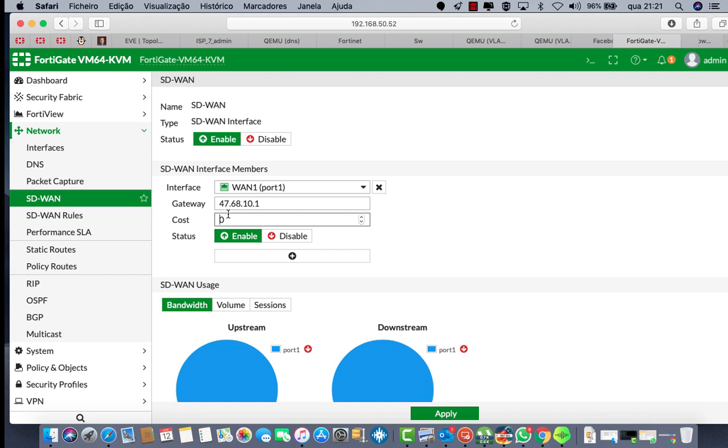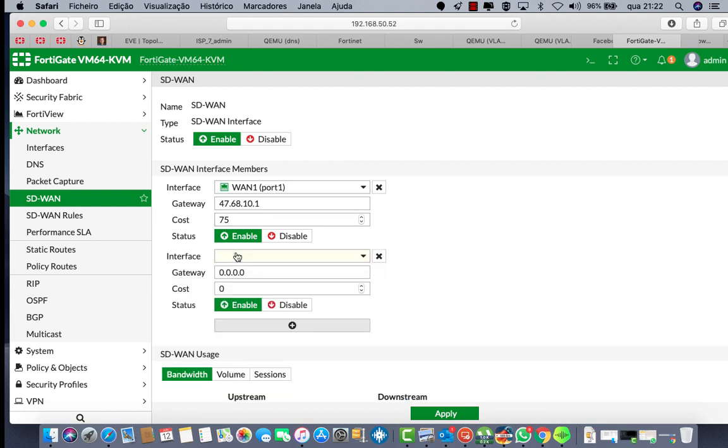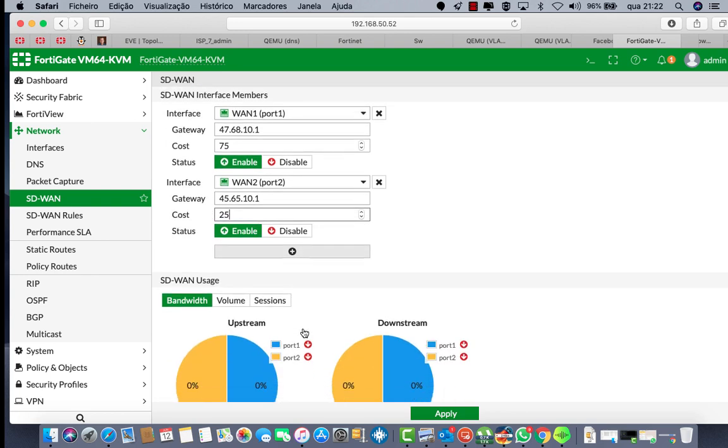10.1. Cost, it will cost 75. Okay, and let's put another. Okay, it will be 45, 65, 10.1, and it will cost 35. Okay,